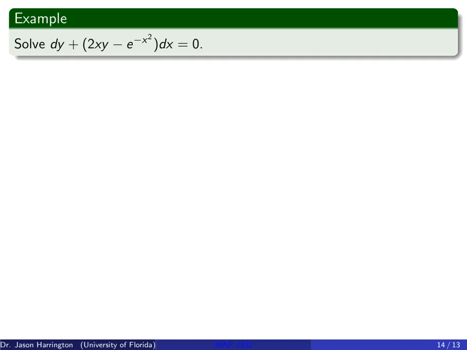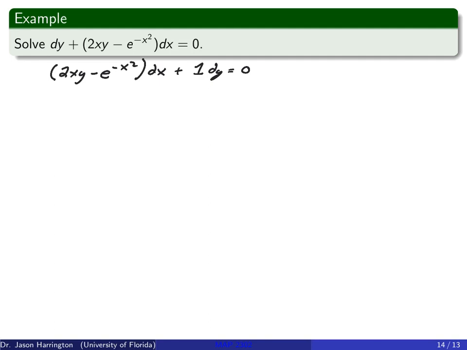All right, so let's go ahead and solve this guy here. We have dy, we have 1 in front of that, plus this function, 2xy minus e to the negative x squared, that's in front of the dx, is equal to 0. Now the first thing I want to do is you'll notice it's written as dy first and dx second. So that's actually going to change our M and N. So the first thing I'm going to do, just to make all the notation consistent, is make sure that I write the dx first, otherwise this problem won't work. And that's going to be plus 1 dy is equal to 0.